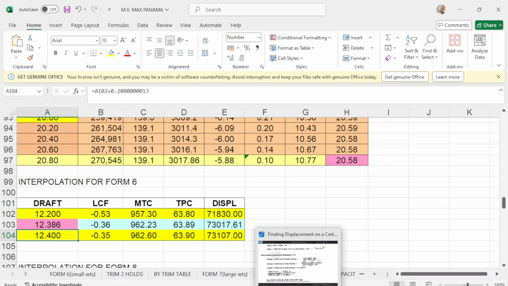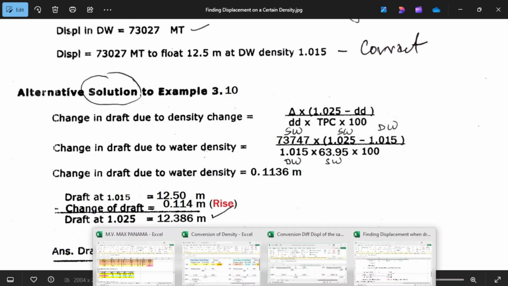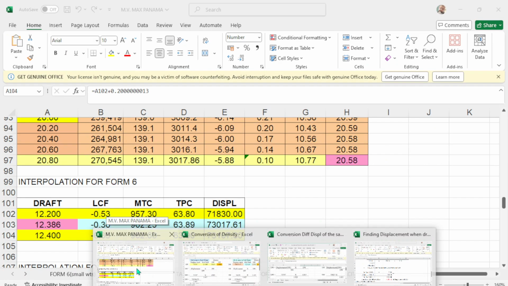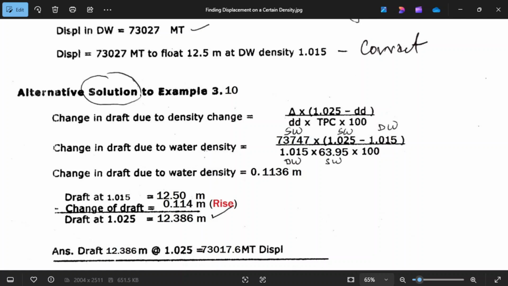What is the displacement here? 73017.6, and what we have here is 73017.61, a difference of 0.6, so almost the same. So this is the answer that we are looking for, the displacement when we have a draft of 12.386.